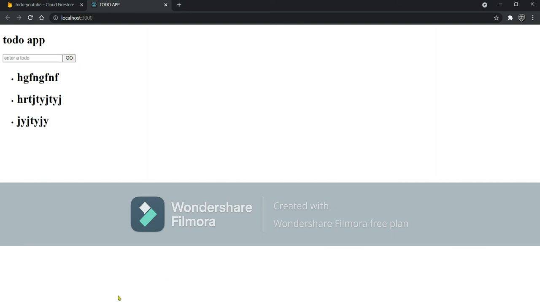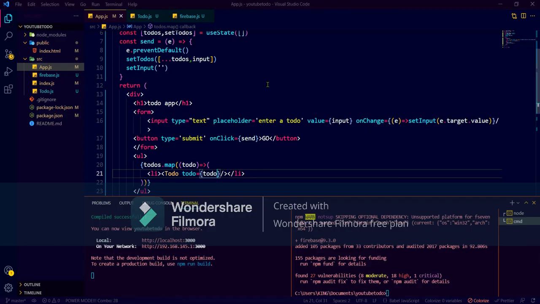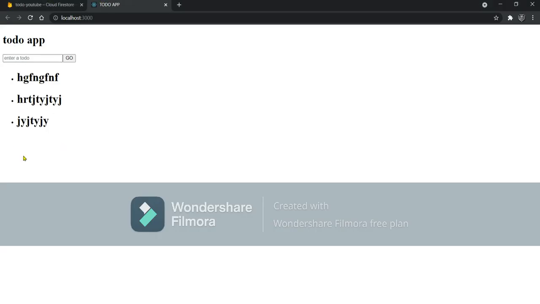Now it's time to connect it with the database. Connecting with the database with the help of Firebase is very simple. So let's get started. But there's one problem, let's see what that problem is. If we do not write anything here and press go, see it is still printing the value. That should not happen. If the user does not type and presses go, it just prints an empty value. Again, if I write here and then go, see this value is empty.